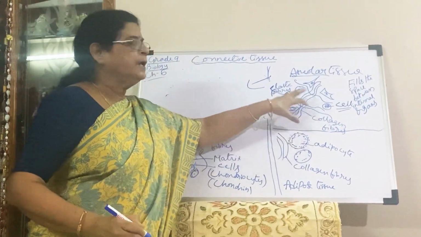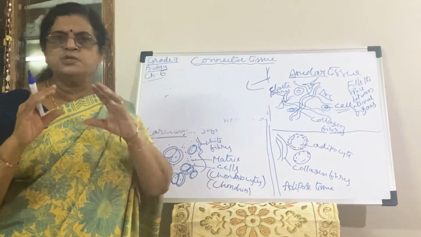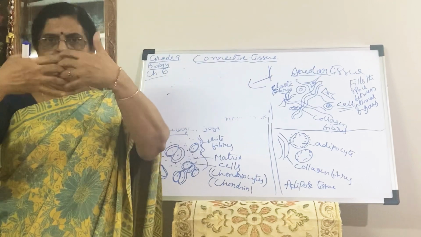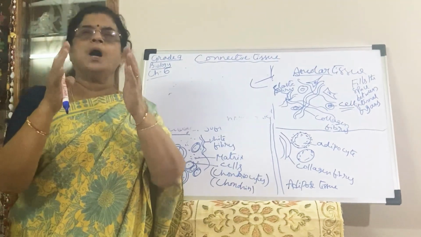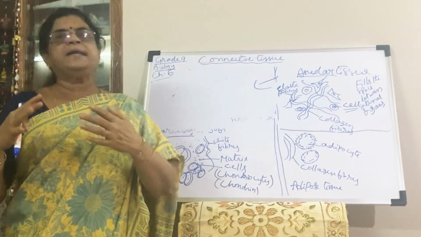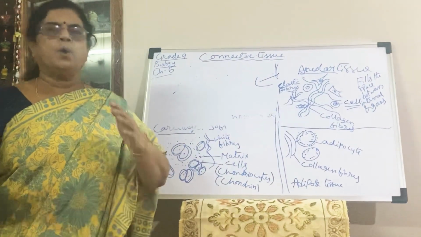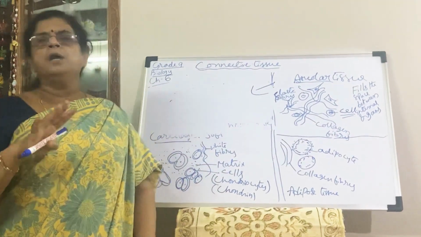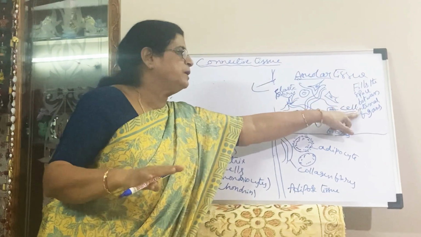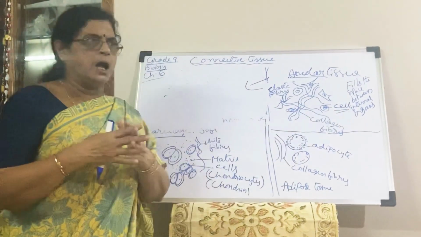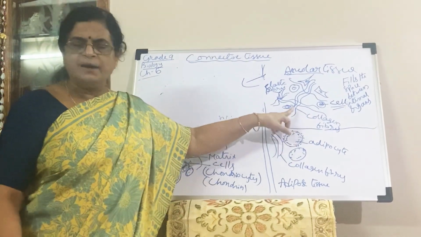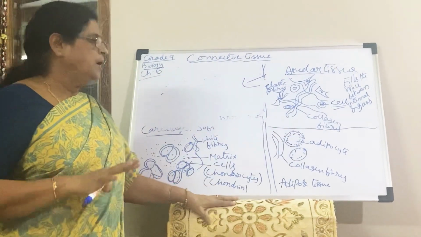Here it is a filler material. Actually this tissue is a filler, binding two organs, connecting them and keeping the organs in their original place. We discussed that even if our body is tilting right to left, upright, whatever it may be, the organs do not move from their original place. So it fills the space between the internal organs. The fibers are elastic fibers and collagen fibers. Very, very important areolar tissue.